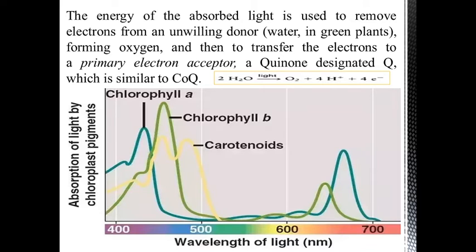And now this electron moves towards the first primary electron acceptor, known as coenzyme Q or